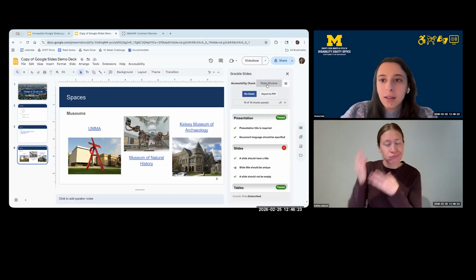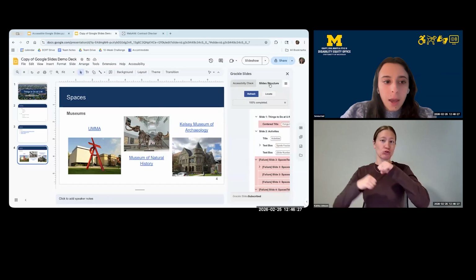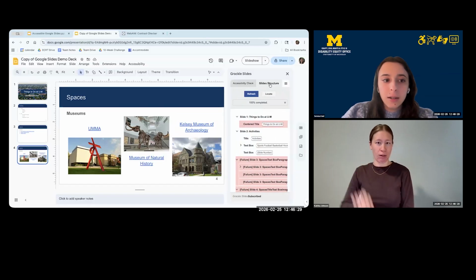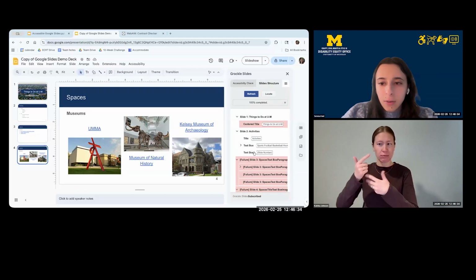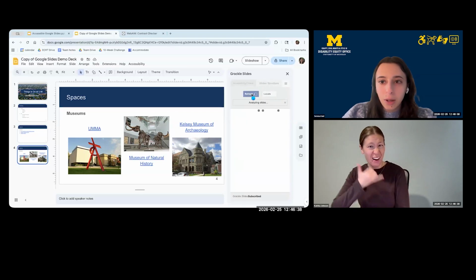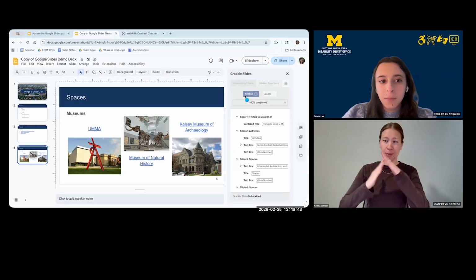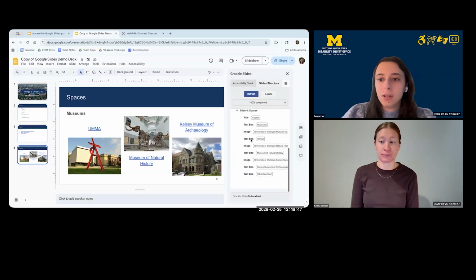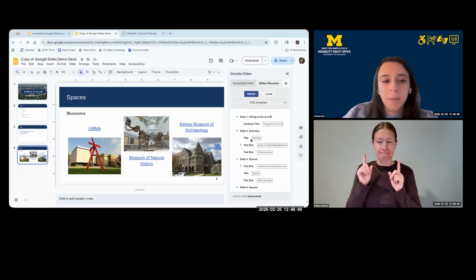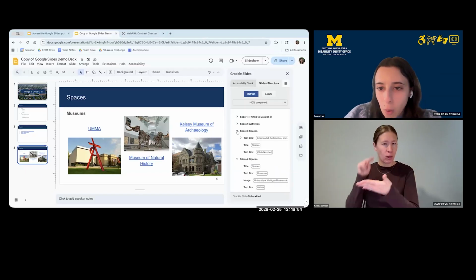So I'm going to click the slide structure tab in Grackle. And I can see it scanned my content and is giving me the reading order for the slides. If you get a red failure or error here like I did, you might need to click that refresh button at the top so Grackle can rescan the slide. So once I've done that, it looks like it processed all the content correctly. So that's great. So I'm going to take a look at slide number 4.